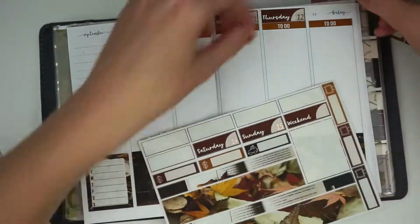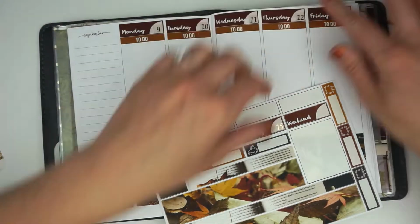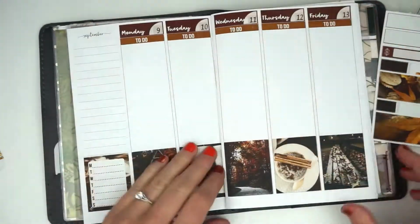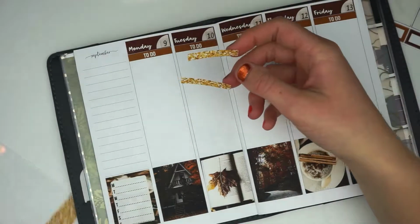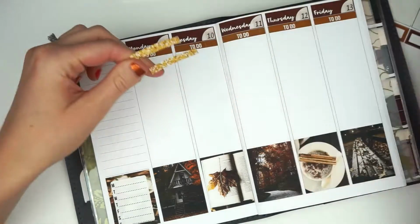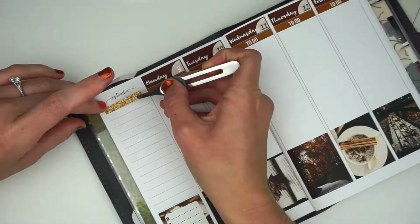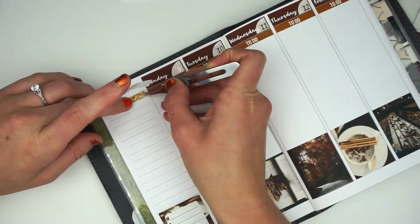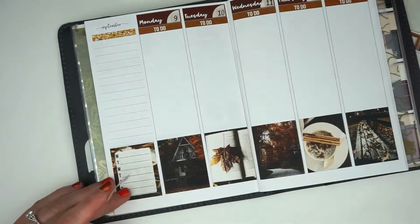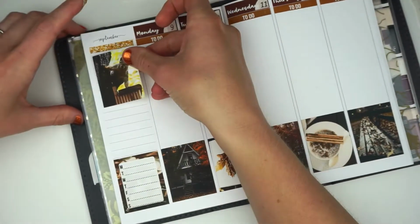So for Wednesday, it makes it just a little bit tricky with the elastic being in the middle. So I kind of have to pull my inserts. Apologies, I always get so yawny when I talk so much, but I do have to separate my inserts just a little bit to get it a tad bit more flat for Wednesdays. So right now I'm heading back to my sidebar, and these kind